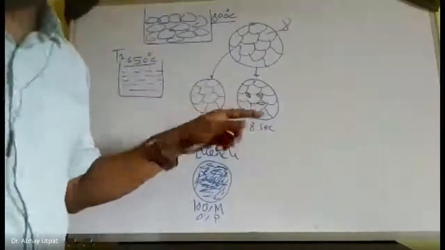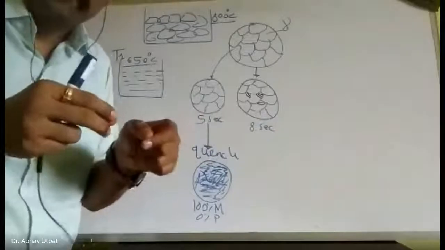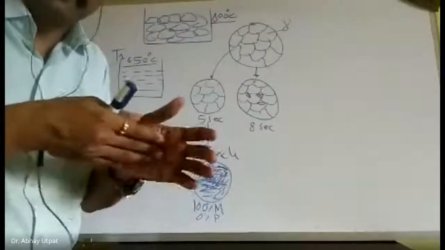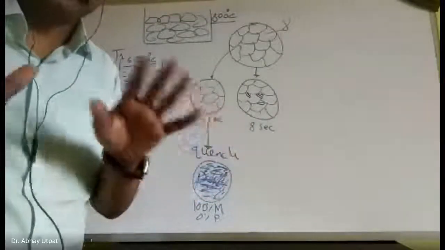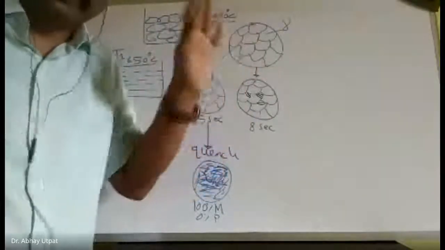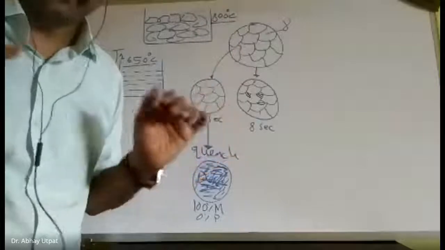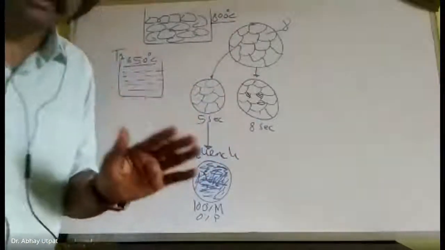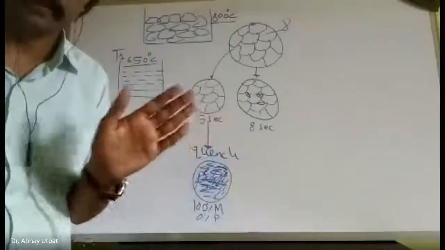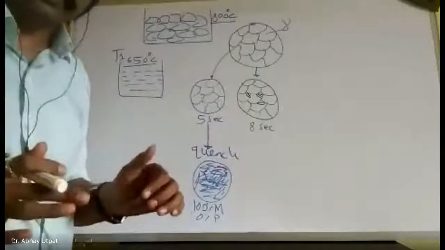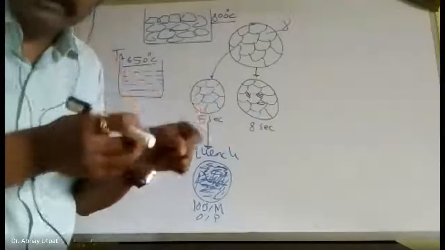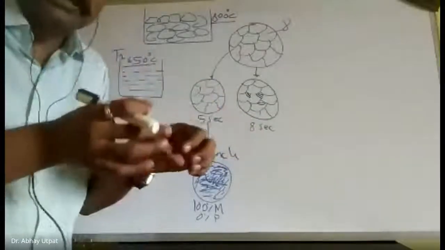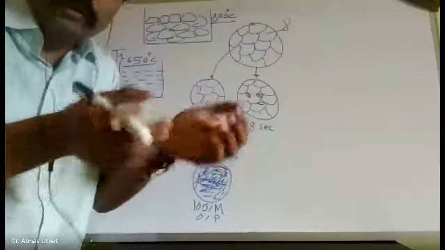Here, atoms will start moving. We wait more than 5 seconds. Remember, 5 seconds, 8 seconds, these are just for example. In actual, the time may be different. For your understanding, I have taken this just as an example. It is observed that after 8 seconds, some movement of atoms takes place and some FCC is converted into a mixture